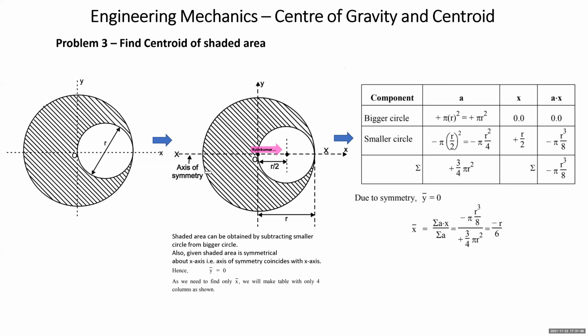Also, we have learned that if axis symmetry is there on the composite area, then how to take it into consideration. Whenever axis symmetry can be marked on the composite area, you can assume that your half job is done. You don't need to locate both the coordinates. So I explain once again, if axis symmetry coincides with the x reference axis, y bar is 0. Because y bar is the distance between the x reference axis and the x centroidal axis. And x bar is the distance between the y reference axis and the y centroidal axis.